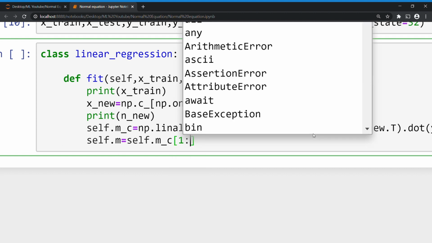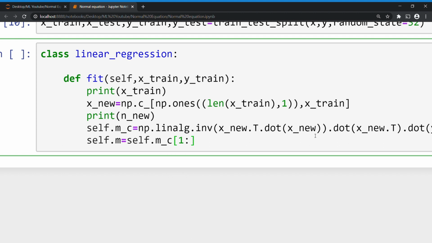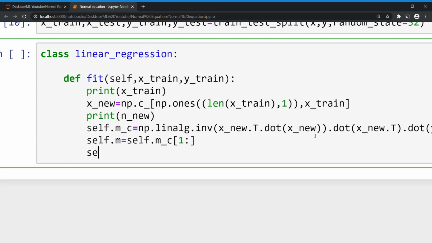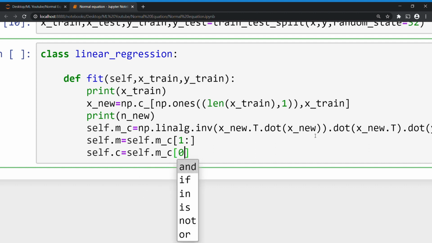The first value is the bias and the remaining values from 1 onward are slopes. Self dot c equal to self dot m and c, 0 to 1.